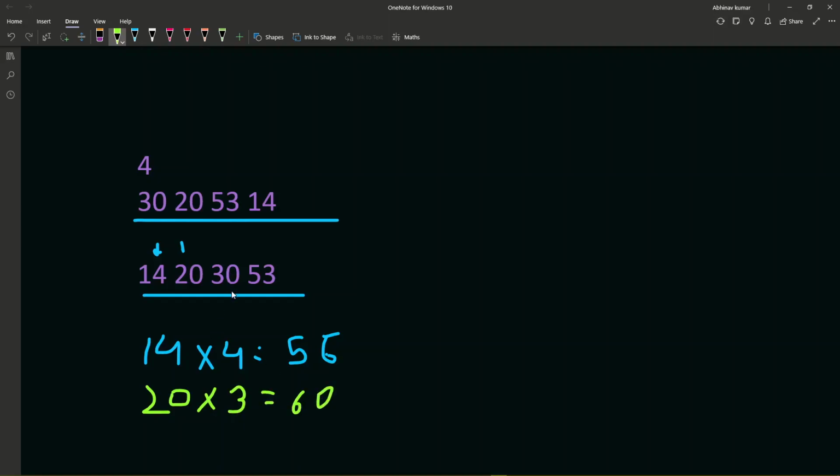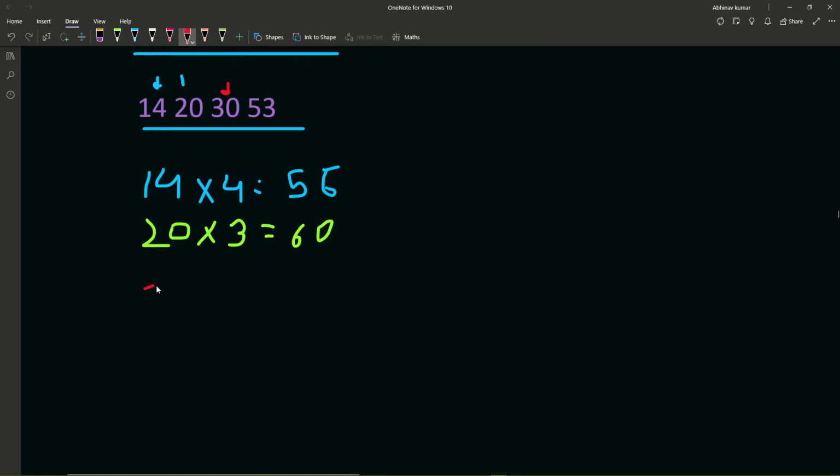and after that, after 20 we are going to choose 30, then same with 30 into 1 plus 1, which is 2. Sorry about my writing. 30 into 2 is 60. Then we are going to go over 53, which is our last one. Sorry, not 56, it is 53. So there is no element after 53.